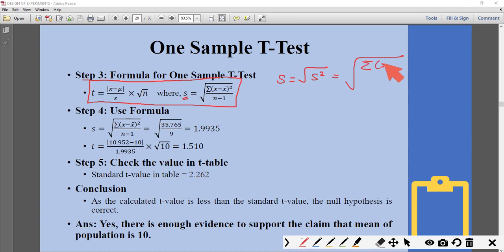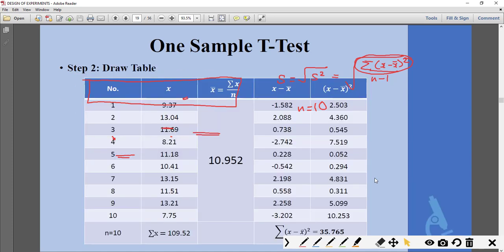So over here we have x minus x bar the whole square divided by n minus 1. So just we have to substitute this value. This value we got from that previous table. We will substitute that value over here. We know n is equal to 10. So n minus 1 is 9. Substitute that value. Do square root. You will get value of s. Now substitute that value of s over here. Put the value of x bar. How will you get the value of x bar? That value of x bar is also in this table.